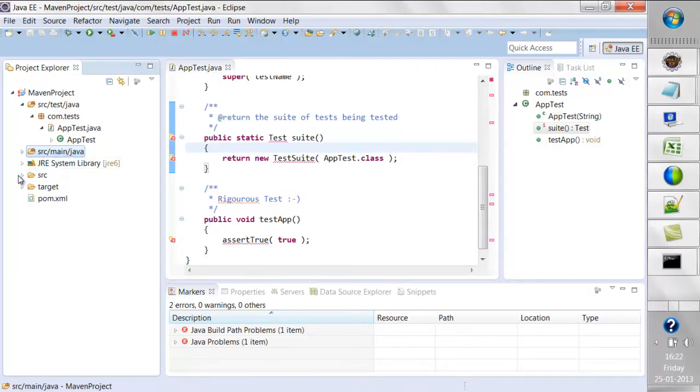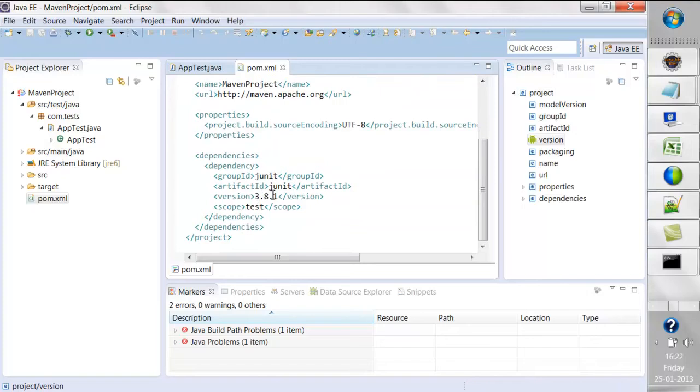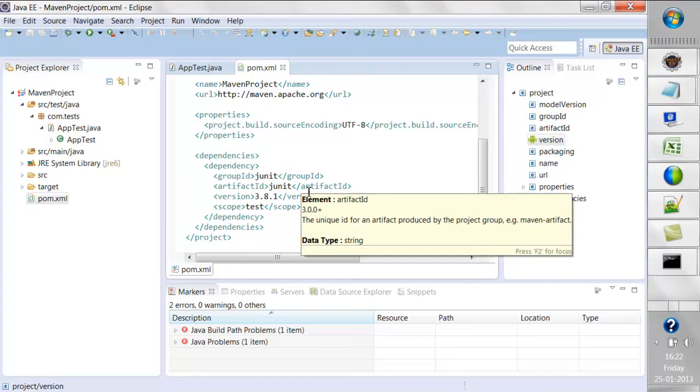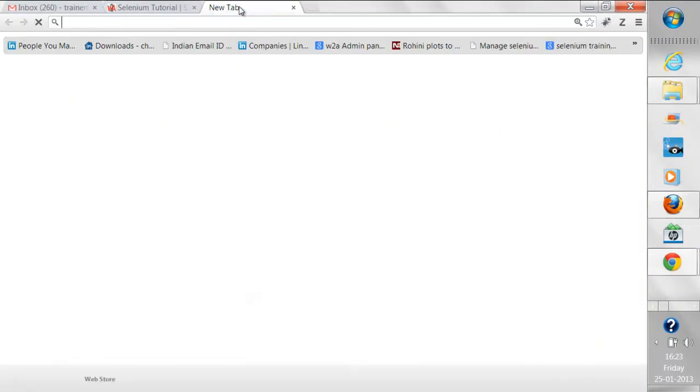need to touch this. If we take a look at the pom.xml file, in this file the JUnit version is currently 3.8.1, but we want to use the latest version of JUnit, which starts with 4 dot something. So how do we come to know what is the latest version of JUnit that has been submitted to Maven? How do we find that? We'll go to the website Maven repository, mvnrepository.com,